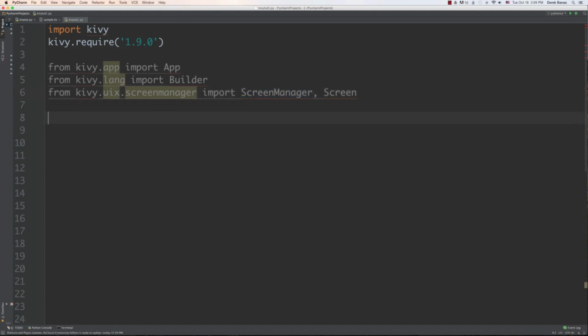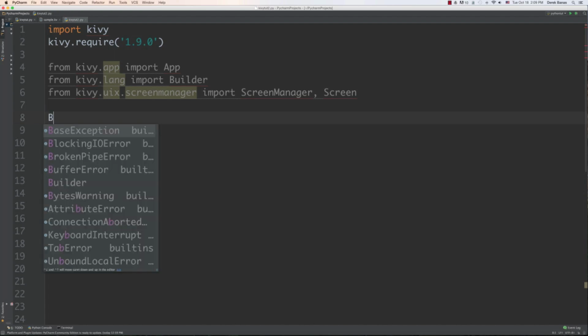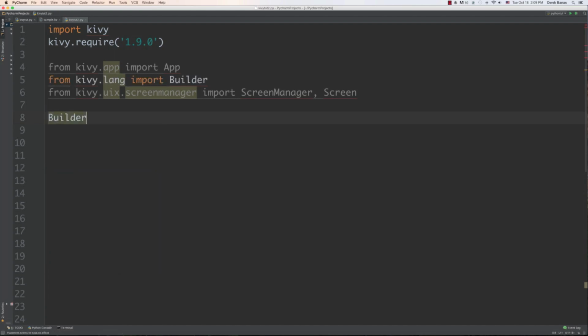So if you want to create your Kivy code directly in your Python file, you just go Builder.load_string, three double quotes, and then inside of here you're going to put everything you want. So I'm going to call this Screen1, and I'm going to have two different screens inside of here. So we'll call this Screen1, and inside of this screen we're going to have a box layout,